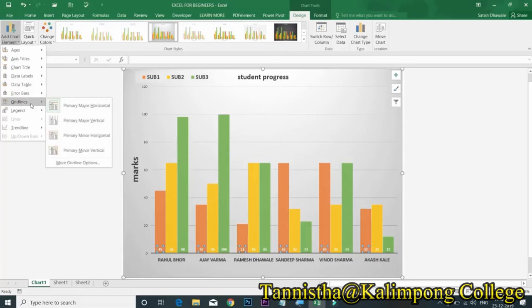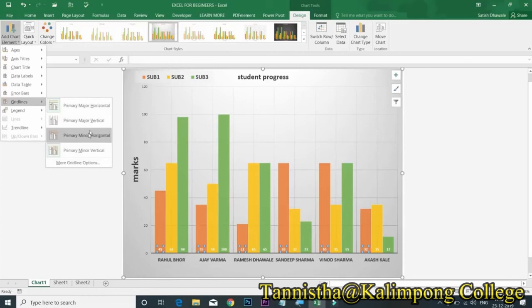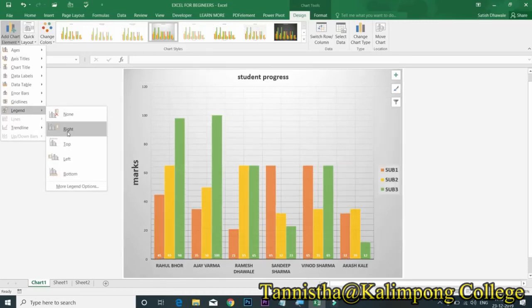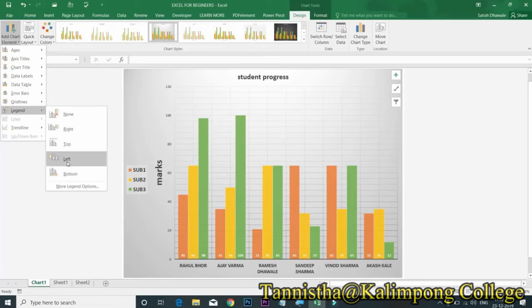Next is grid lines. We can apply various types of grid lines in the background from the options available here. Simultaneously, you can decide the position of the legend. Right, top, left, bottom.